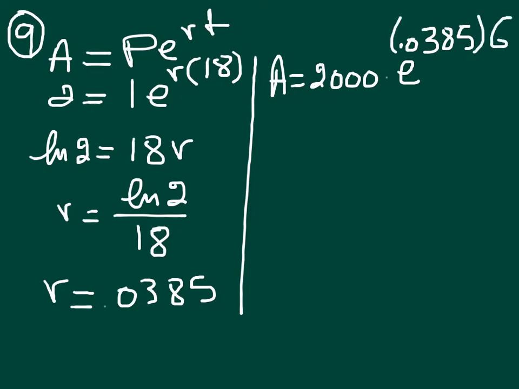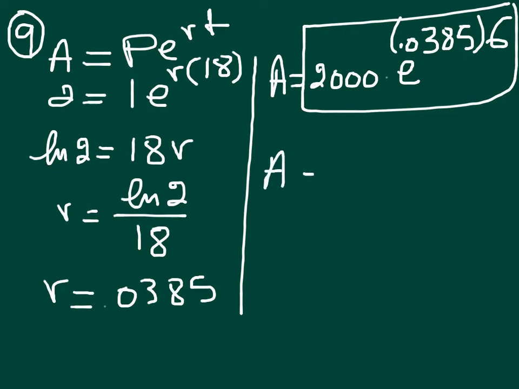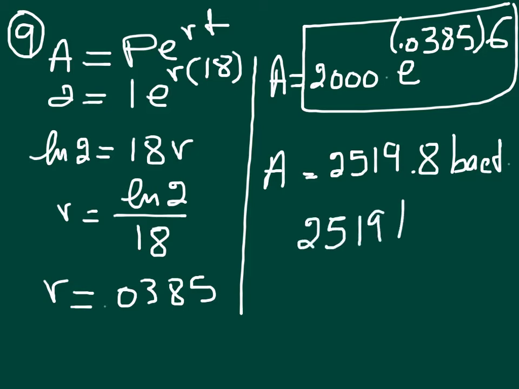If you go to your calculator, do all of this in the calculator, and then round your answer, you're going to have 2519.8 bacteria. Now, there are two different ways you can round this problem. I prefer you to round it to 2519 bacteria, because you're not going to have 0.8 of a bacteria. However, if you give me 2520, it's still an acceptable answer. We're fine. Number 10. As soon as you see compounded semi-annually,